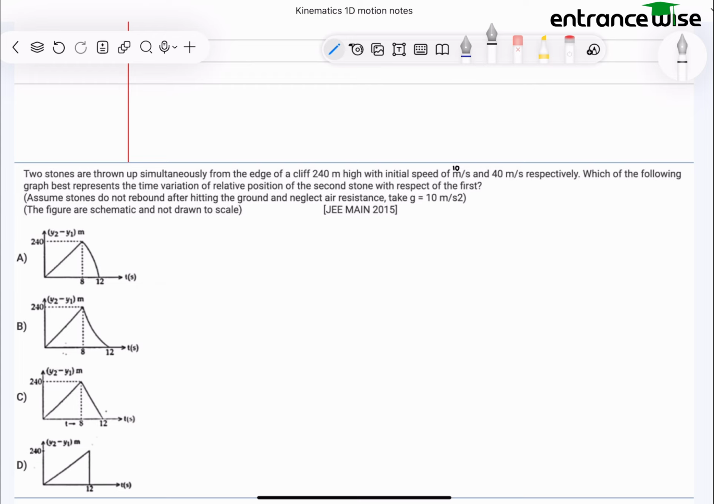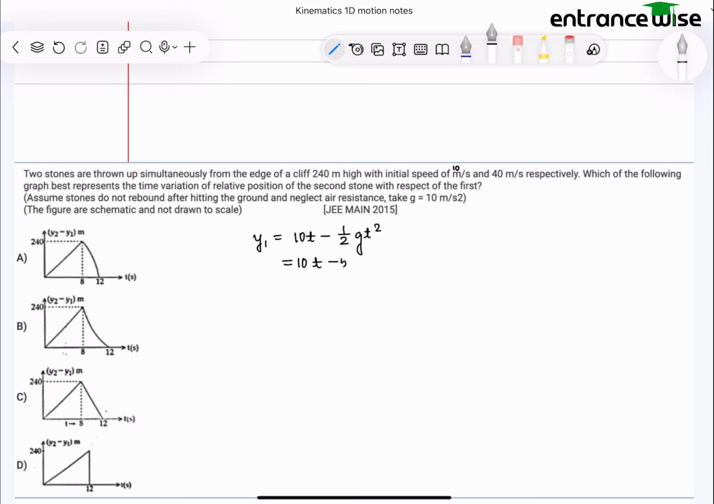Take g equal to 10 meter per second square. The figures are schematic and not drawn according to scale. It came in JEE Main 2015. So now let's talk about the displacement equation of the first object, which is y1 equals 10t minus half g t square, that is